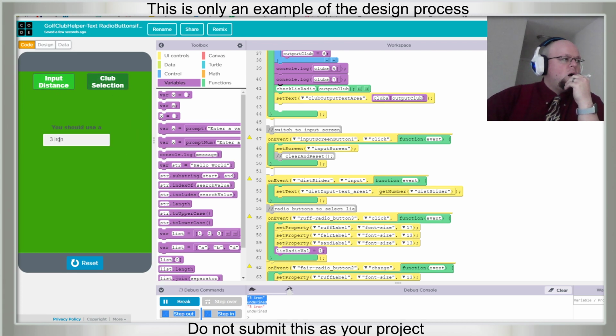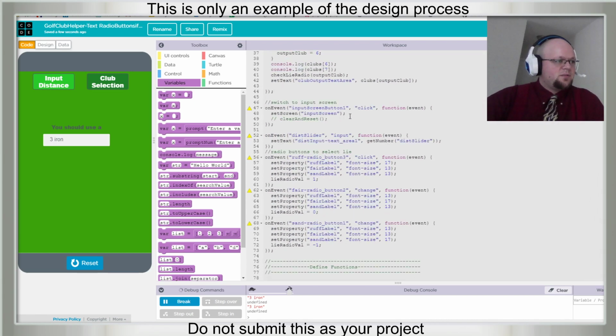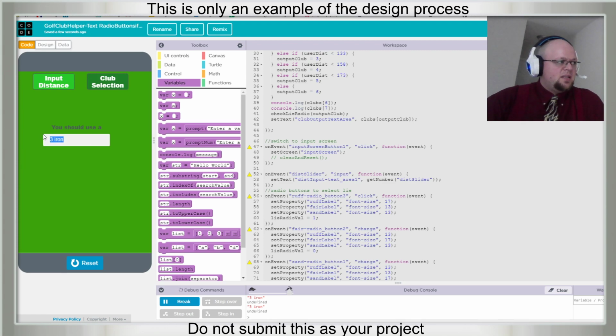The return value. Do you know why? Undefined. Because I don't have clear screen on. This is the response from the previous time. So let me turn clear screen back on. That's what happened. It isn't solving longest distance plus a club. It's leaving the value from the last time.